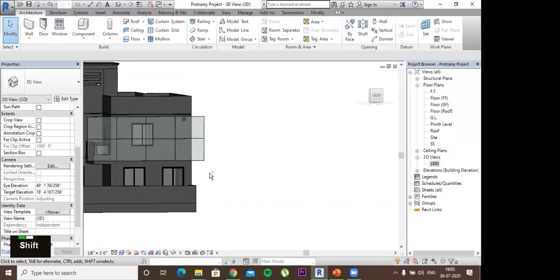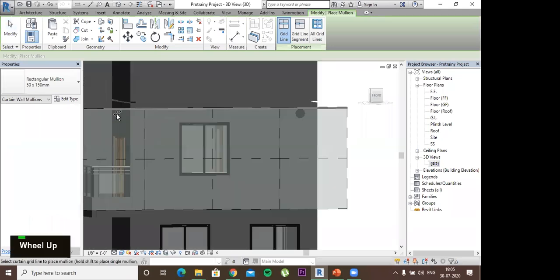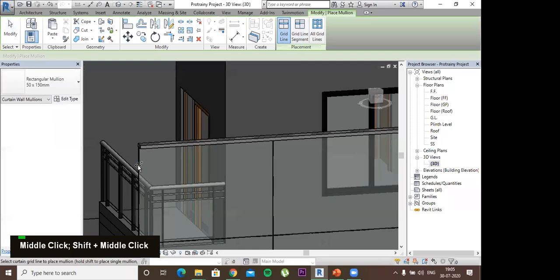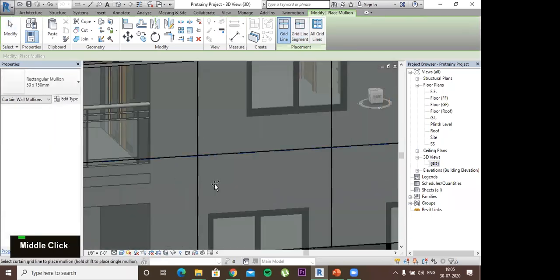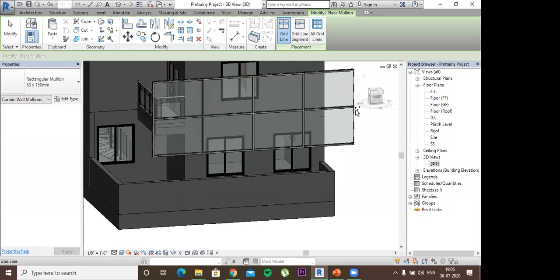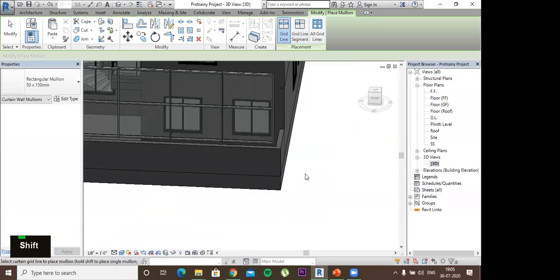You have some standard size panels, so you have to create grids according to those panels, and then you can provide mullions, which are the boundaries. If you look closely, these mullions are provided at the boundaries of the grids of panels like this. So you can create a glass wall.